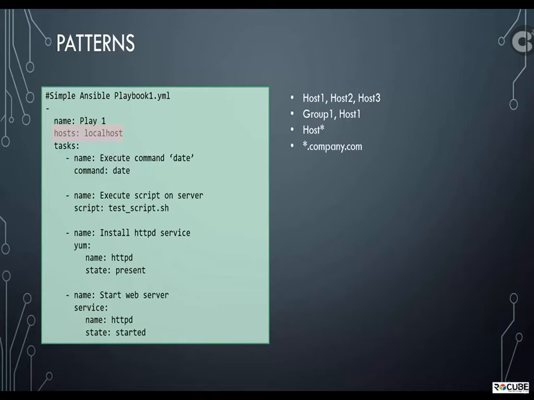That's one option. Or you could have selections of groups and hosts. So for example, I'd like to run a set of commands against all servers part of group 1 and also on host 1, which is not part of group 1. Or you could use patterns like